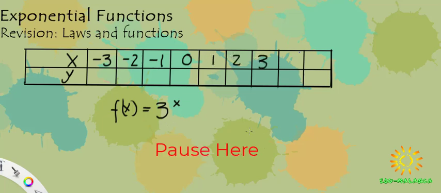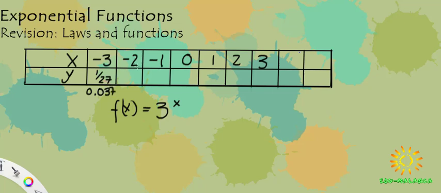At this point, I suggest you pause the video and use your calculator to find out the values of the range. You're first going to substitute in negative 3 in the place of x. You're going to do it for negative 2, and you're going to keep doing this until you get to the last value, which is 3. I've already done this beforehand, so I'm just going to fill in the values. When x is negative 3, y is 1 over 27. I'm going to write this down as a decimal as well, because the decimals help me to estimate better when I'm drawing the graph. So 1 over 27 can be written down as